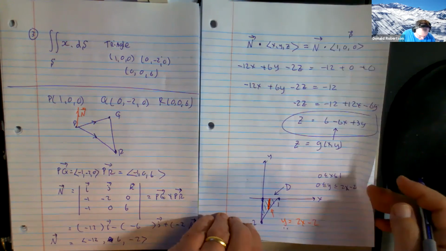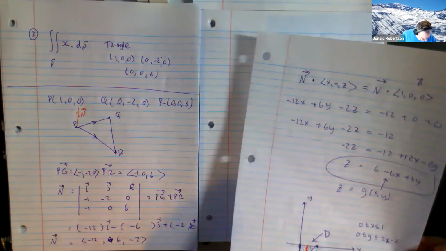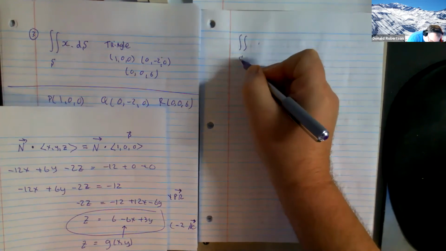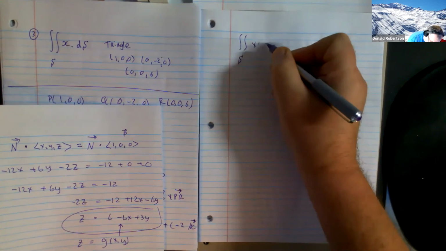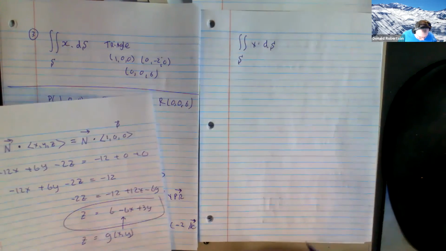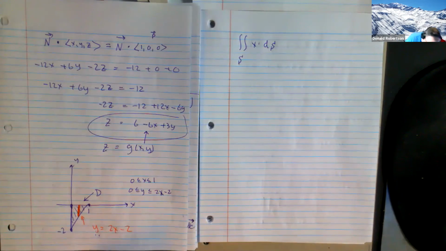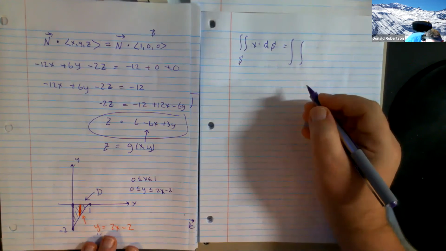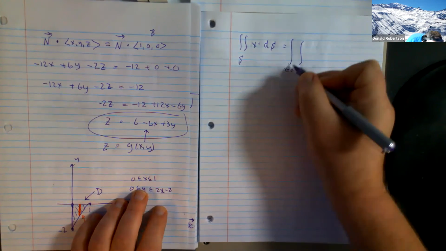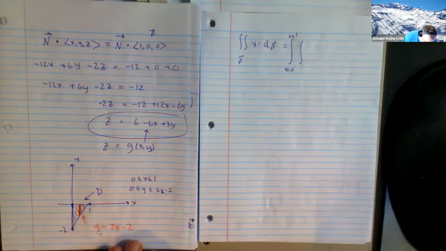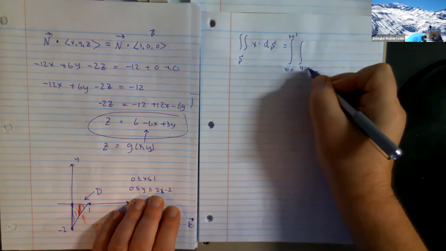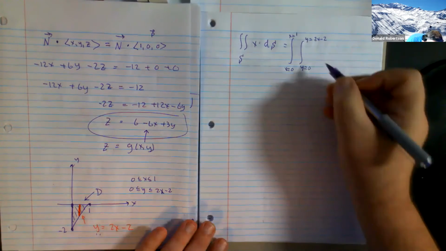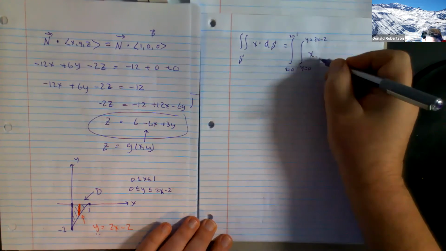So moving on, I need this guy, so I'll write him down up here. Right, that's the guy that we're going to be doing. It's going to be the double integral over D, which is going to be from x equals 0 to x equals 1. It's going to be from y equals 0 to y equals 2x minus 2. X is good. The square root of,